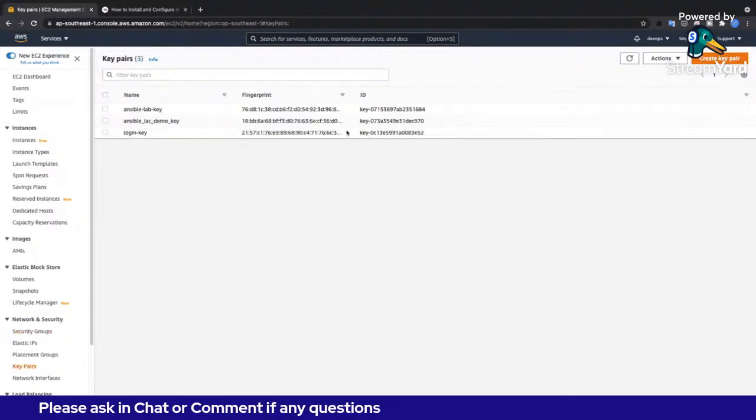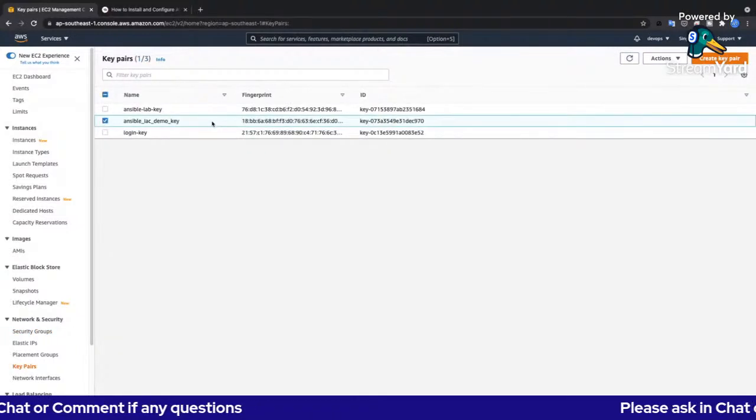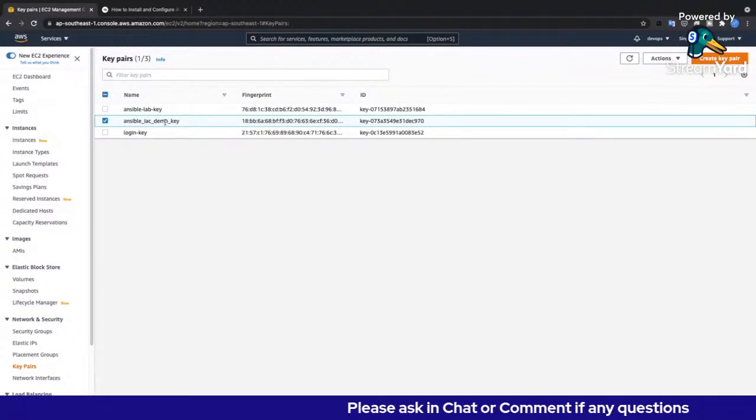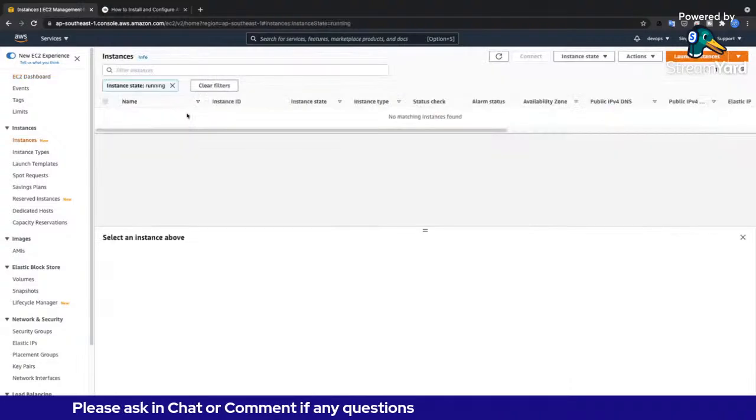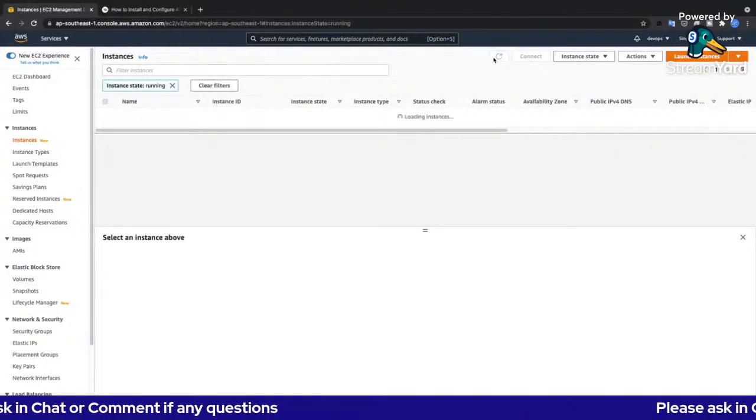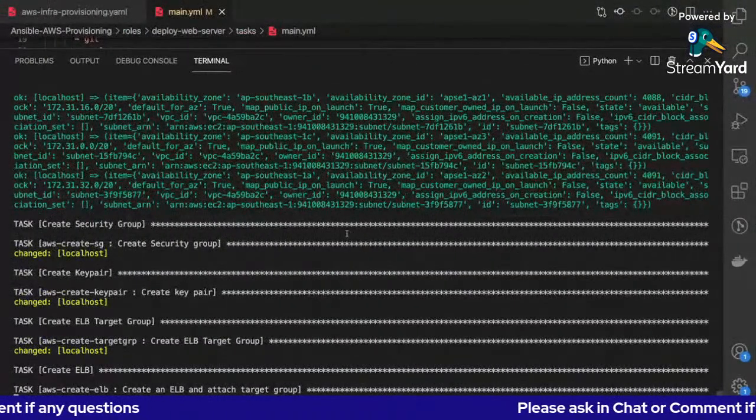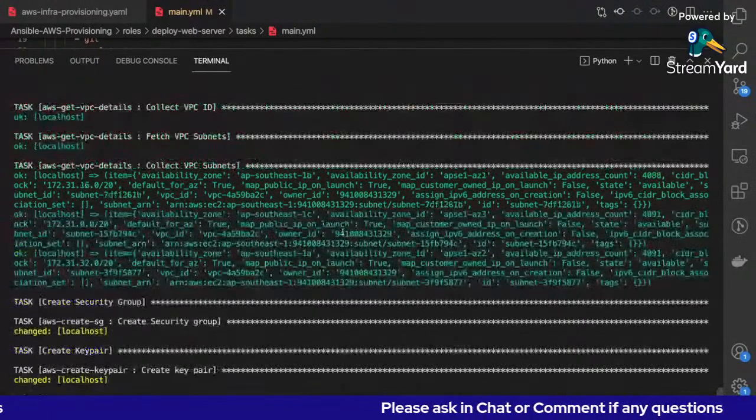Then we have a key pair already created, Ansible IAC demo key. So it's all done by Ansible. Now it's creating the EC2 instances. It will take a bit of time. You will see, hopefully no error. Okay, now it's